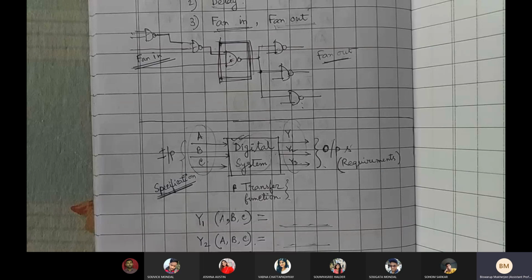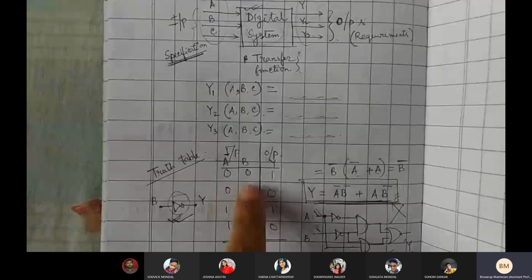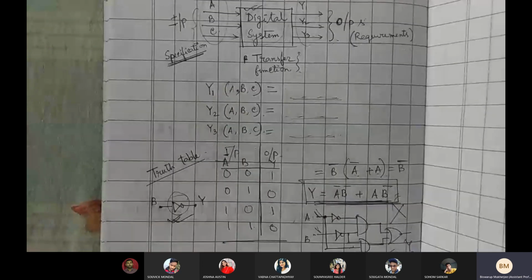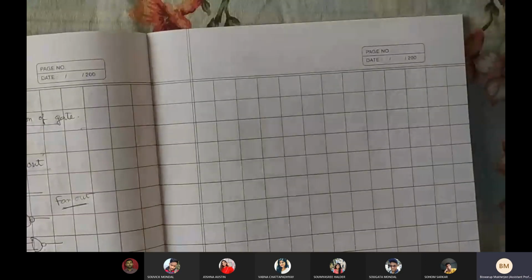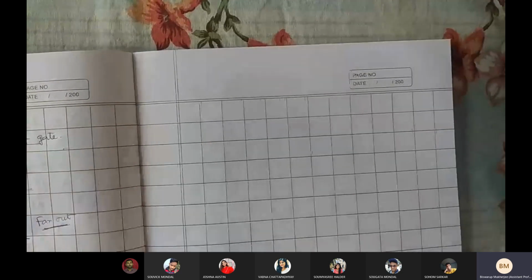For all those inputs and outputs, there must be a specific relationship, and we need to find out that relationship by making a table called a truth table, right? Generally, on the left hand side we provide the input combinations, and accordingly we write down the output combinations. Today we are going to discuss how we can find out that particular relationship, that is, the function. How to find out that particular function.